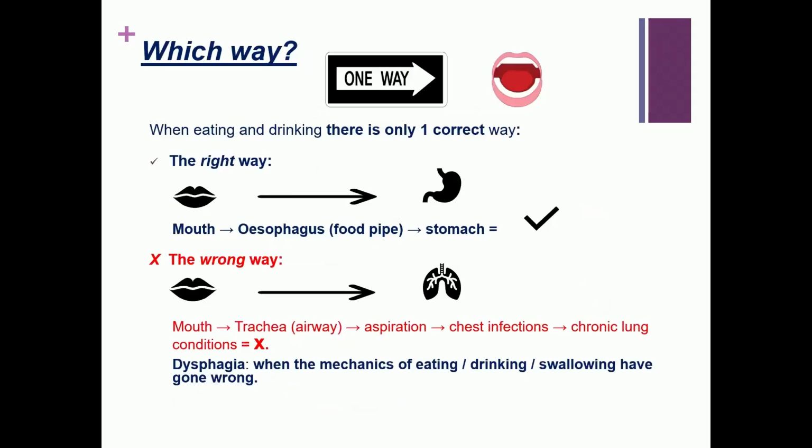So as I said, I want to emphasize that there are 2 ways. So the right way, mouth, esophagus, into the stomach, but occasionally we have got things going down the wrong way. And the risk there is that an aspiration has happened, which means that the food or drink has gone below the level of the vocal folds, i.e. the Adam's apple area of the neck. And that's going to end up in the lungs and could possibly lead to a chest infection.